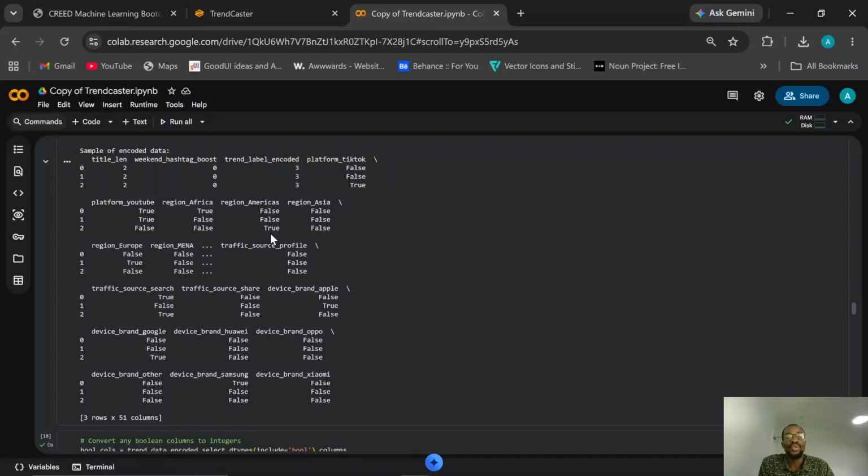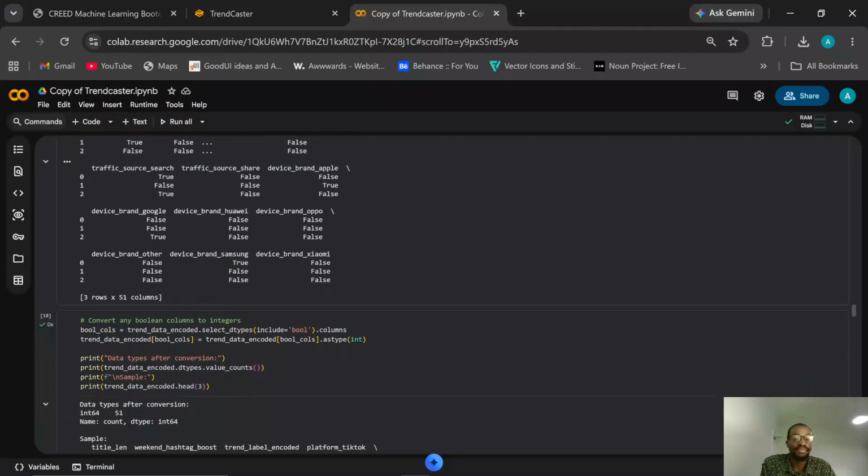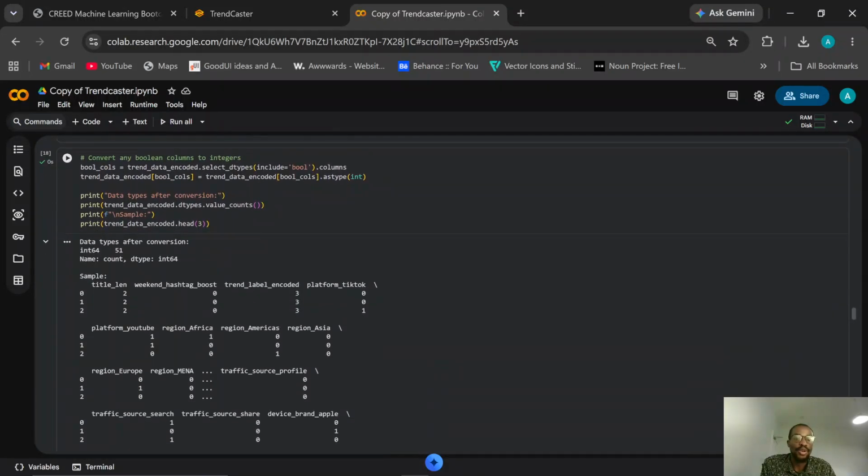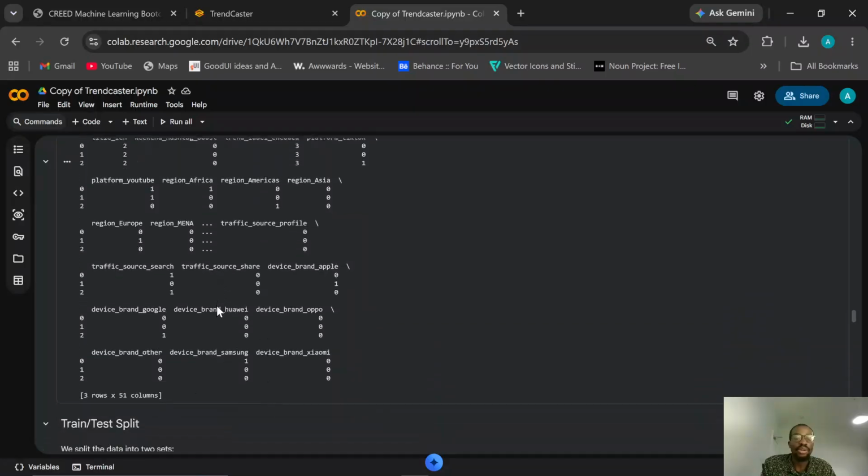I've forgotten what they called it, but I promise to look it up and get back to you. So we converted the boolean columns to integers. Now we have 51 columns and our data is fully encoded.